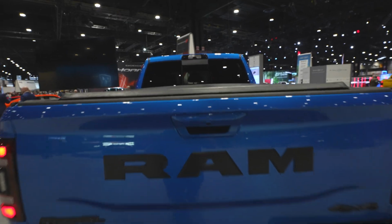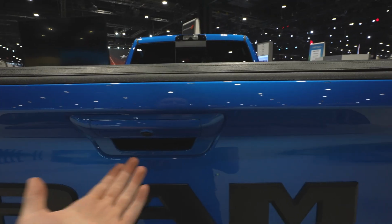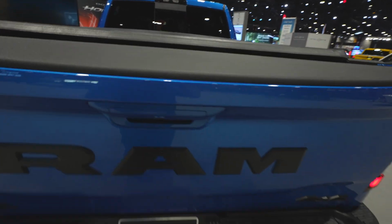Let's take a quick look at the bed if I can unlock it. Okay, so there's a couple ways to open the tailgate on this vehicle. The first way is with the button on the headliner. I showed you in there. Second way is with the key fob, and the third way is the more traditional way. You're gonna come to it, push the button, and it will automatically come down for you. This guy does have a spray-in bed liner from the factory. It also has an LED bed lighting group,